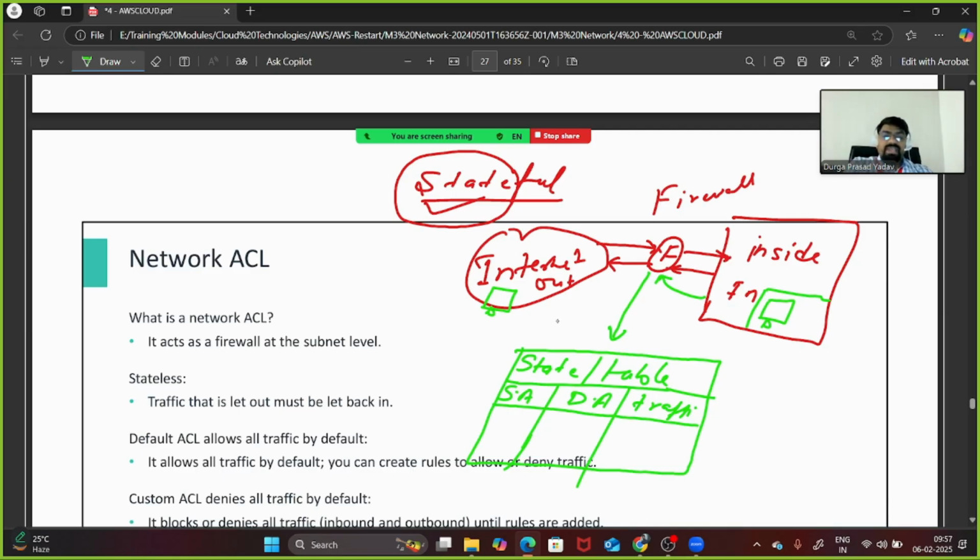Now if we need to access a machine which is on the internet from inside, it will create confusion. For example, if you want to access anything which is outside from the inside, and you send the traffic from inside, it will reach the firewall. Let's say the inside IP is